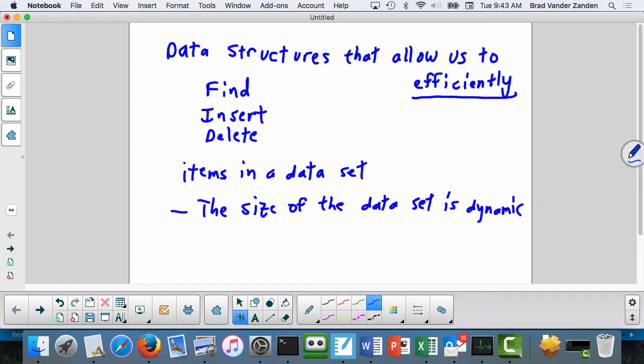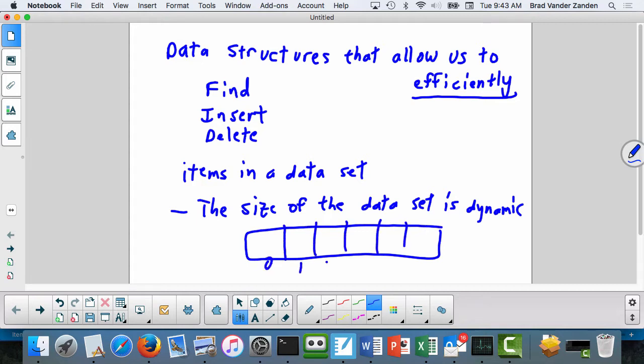In CS102, we gave you an example of using an array and binary search, and that was an efficient way to search a data set when the size of the data set was fixed and there were no insertions and deletions. For those of you who don't remember binary search, the idea was that you sorted your data set elements,